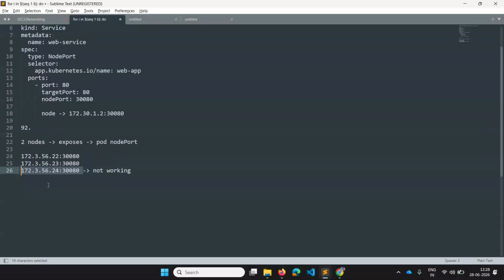In such a case, the node is exposed but not working, so it doesn't return the pod's response, because you will not be able to reach the pod as the IP has gone down. In such cases also, the load balancer helps, because whenever any node is not working, it doesn't send traffic to that node.